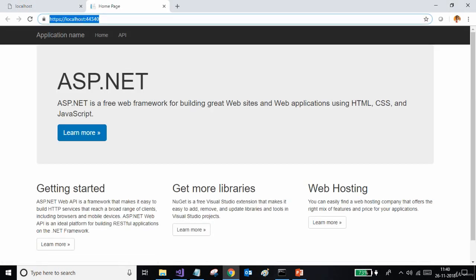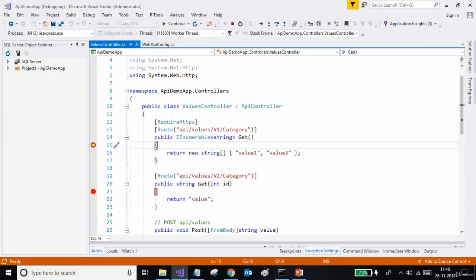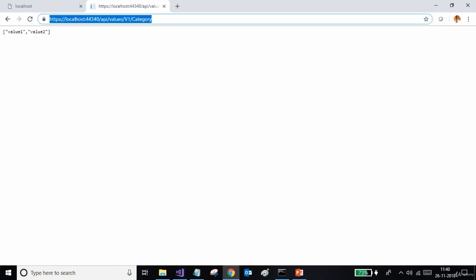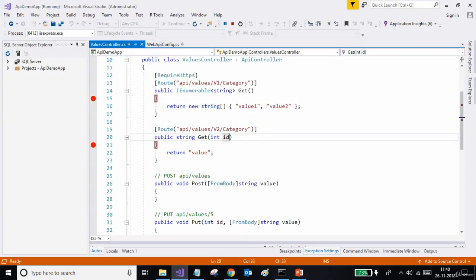paste our API method call URI here, and I'll enter it. Now you can see it has come into debug mode here. So it's calling it on HTTPS. Yeah, it called it on HTTPS. So this attributed method is working on HTTPS. Now we have another method which runs on HTTP only. So let's try calling this one also